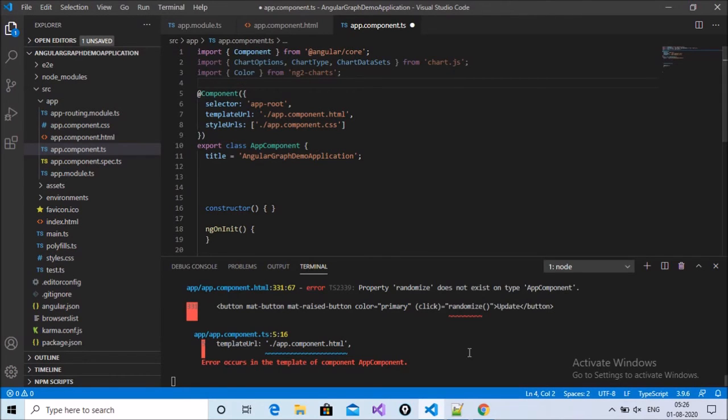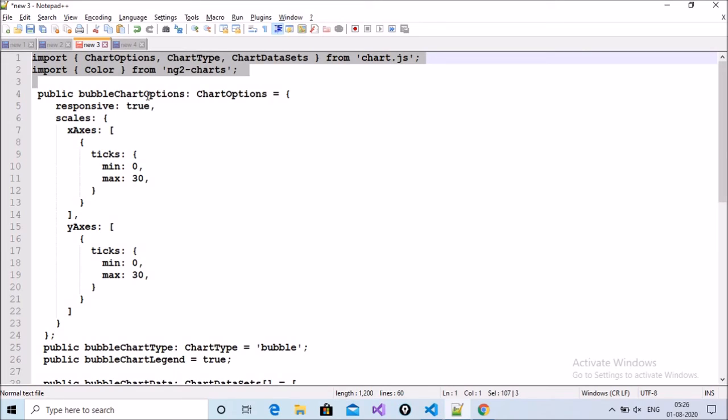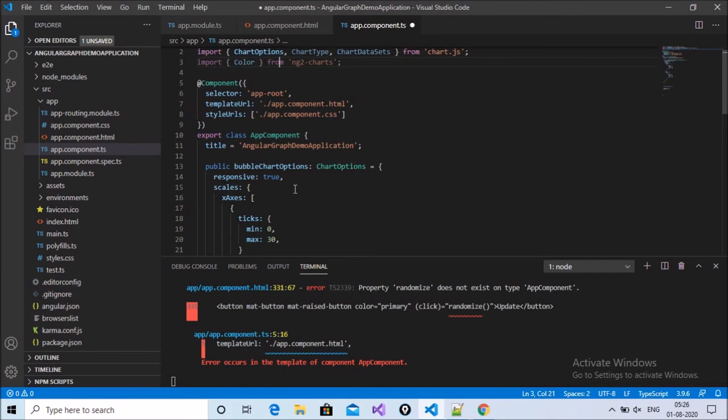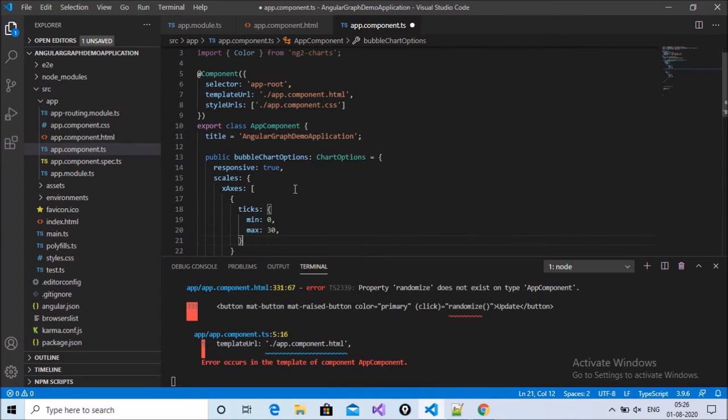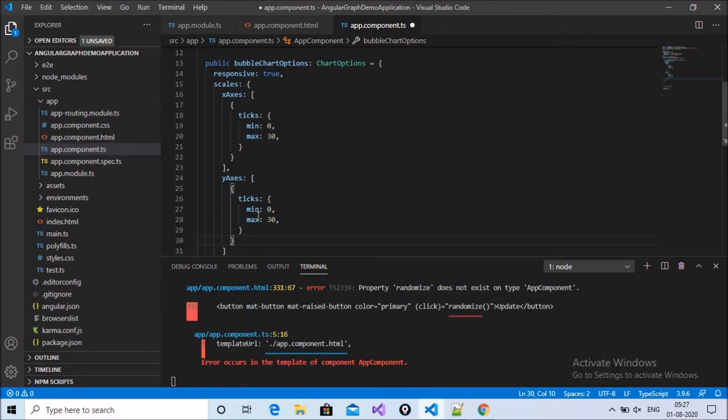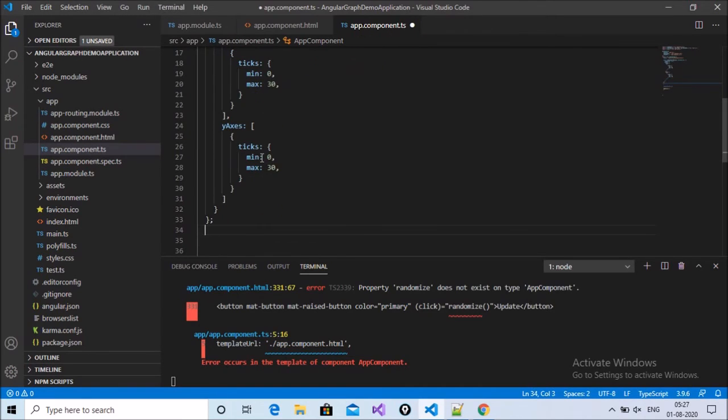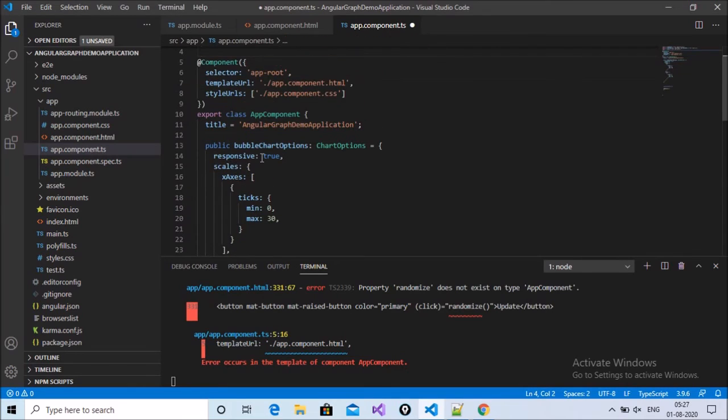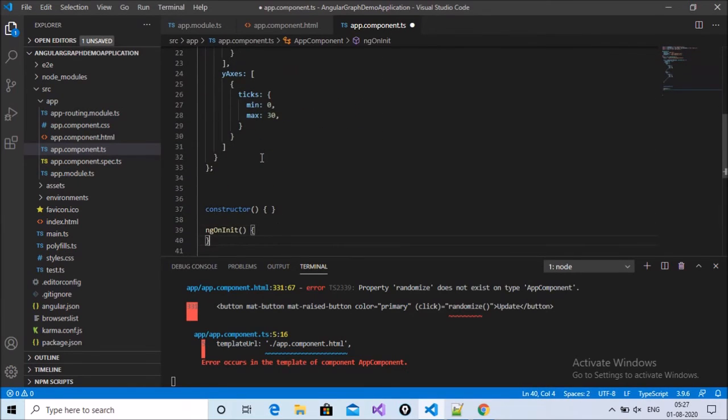After that, the bubble chart options, which we have already used in my HTML. Copy this one. Inside the bubble chart options, we declare responsive true and scales, that means x and y, and decide the minimum and maximum, with ticks min 0 and max 30. This bubble chart options part has been completed.